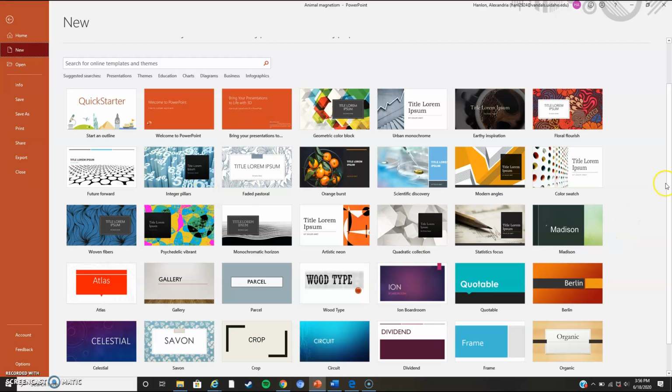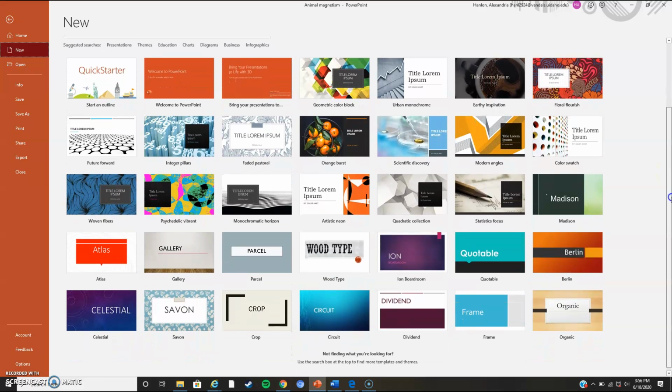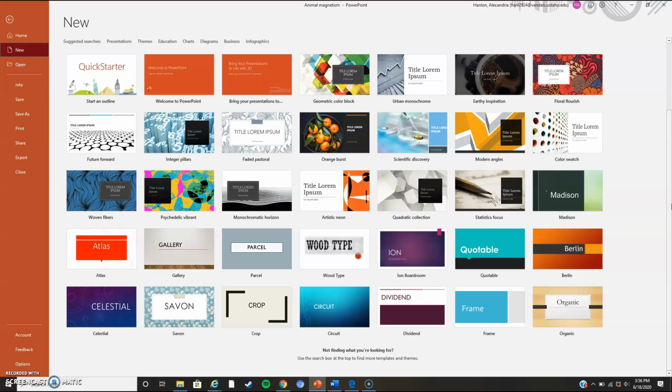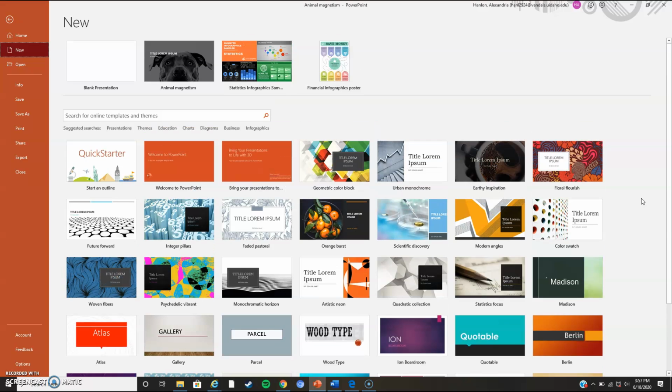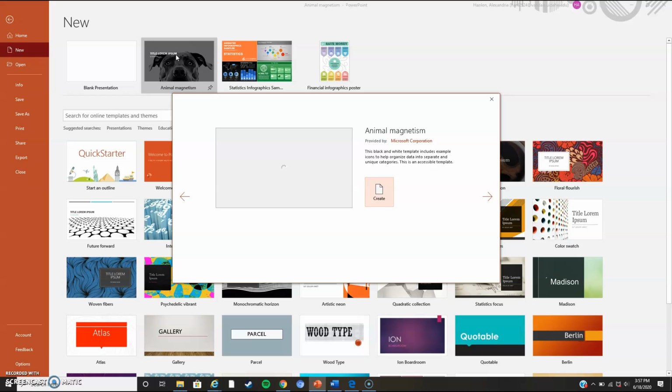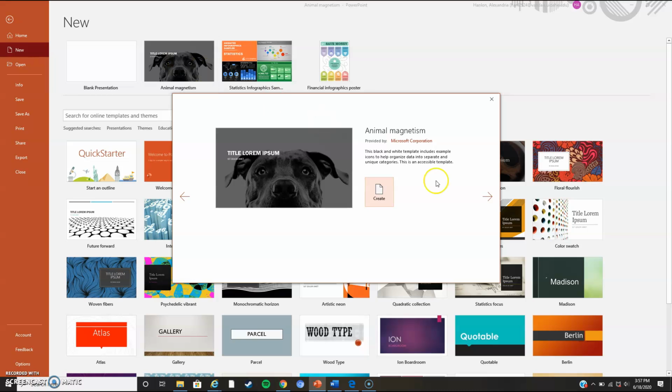So if you're doing a math presentation, or a presentation in the future at a job where you have to go over numbers in your business, or you can do cute little cutesy ones over here like the flower. And it gives you tons of different options, but I love the dog one, so we're going to stick with that guy. And the nice thing is it'll open it up after you hit create,